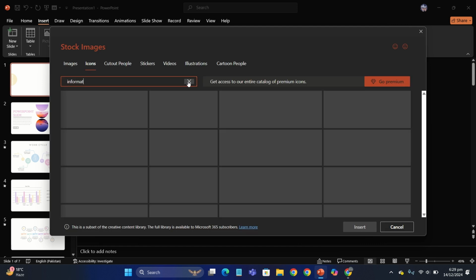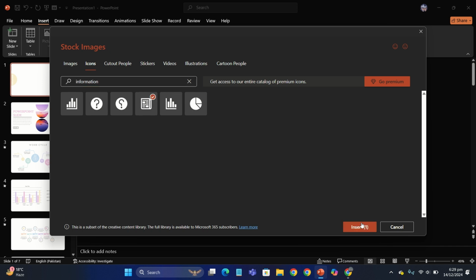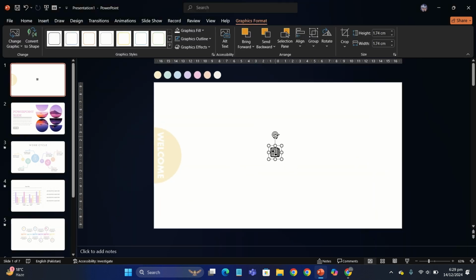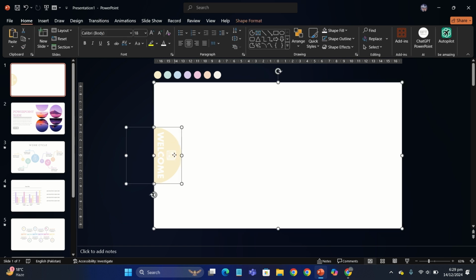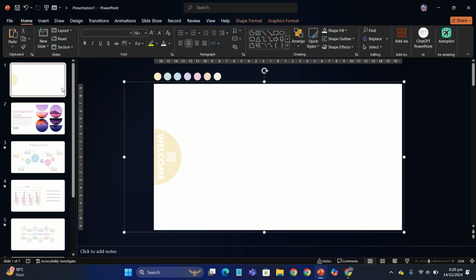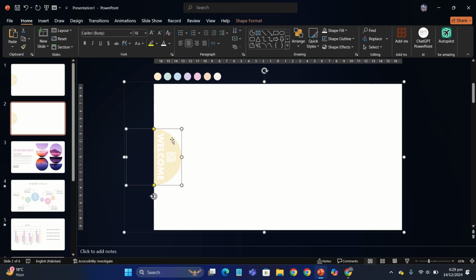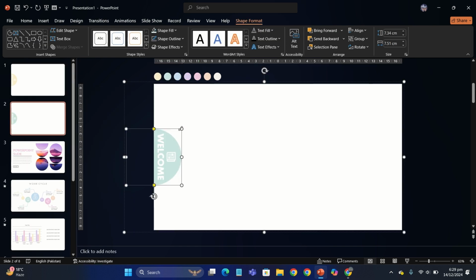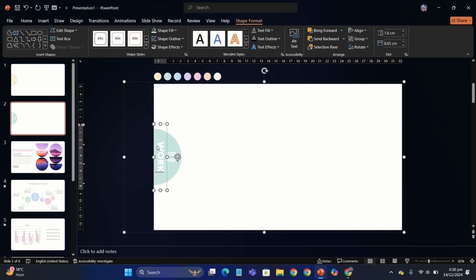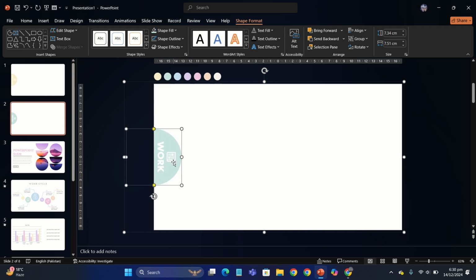group it and go to icons tab, and from here choose a suitable icon that matches your text the best. I'll choose this icon. Let's decrease its size and rotate it as well and put it right on top of this text, and let's change its color. Select the rectangle and the text and the sphere and group it, and then duplicate the slide,